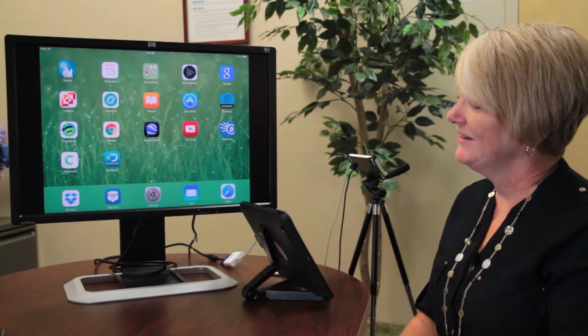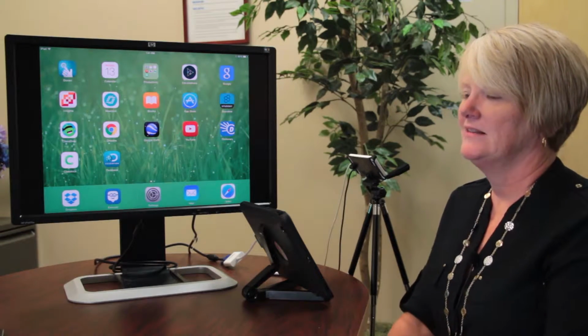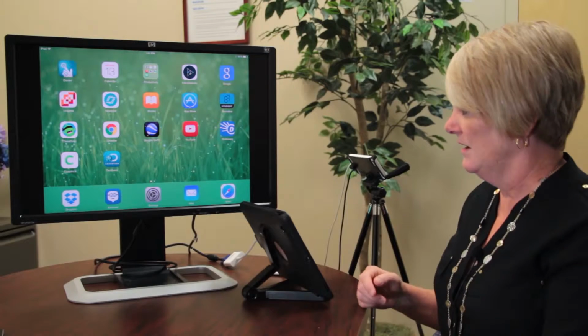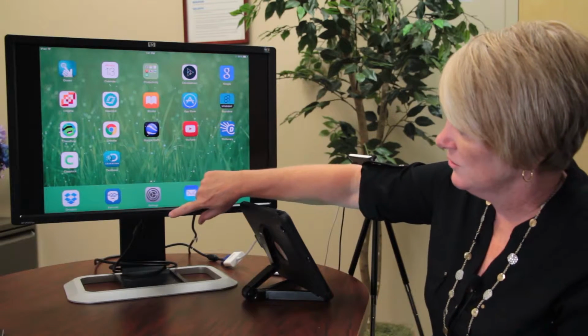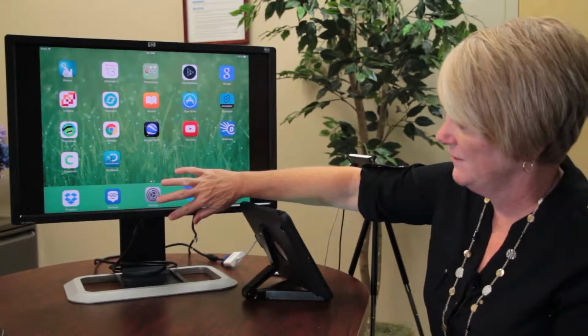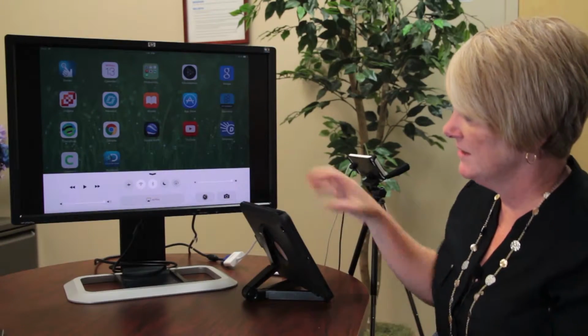All right, so now we're going to take a look at something called Control Center. It's a hidden feature on your iPad desktop that allows you to access some of the applications that would otherwise be hidden inside of settings. All you have to do to access the Control Center is swipe up from the bottom of your iPad. So you want to take your finger off the screen and swipe up, and it brings up a gray area